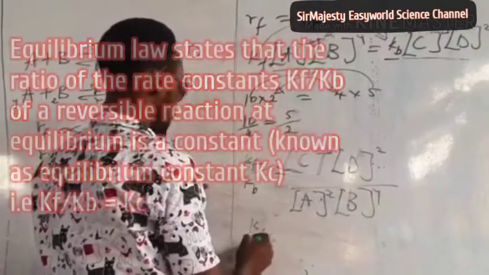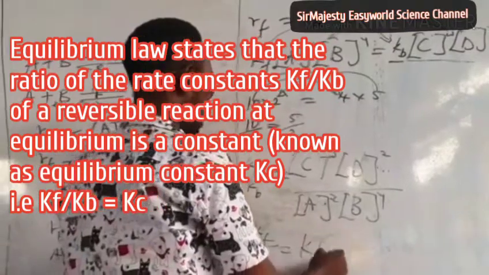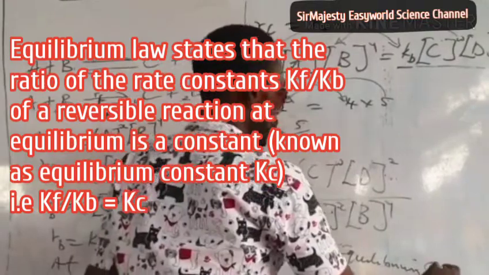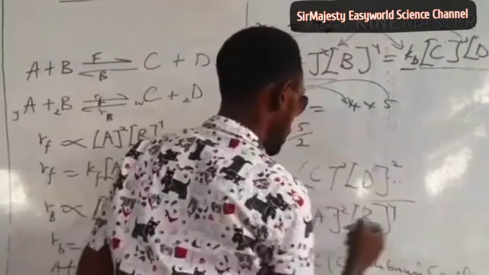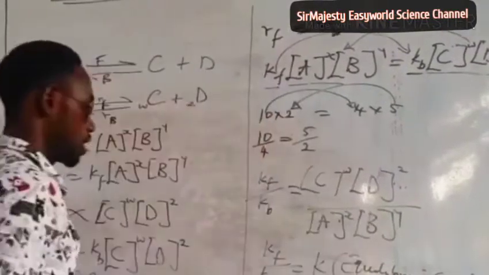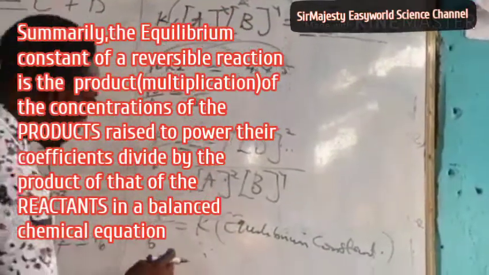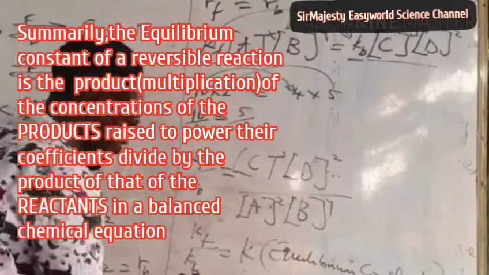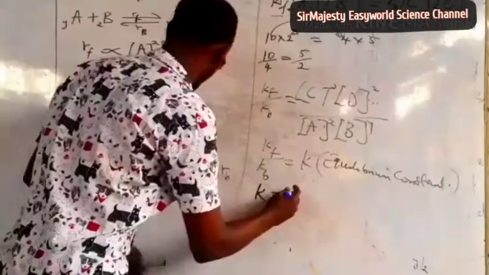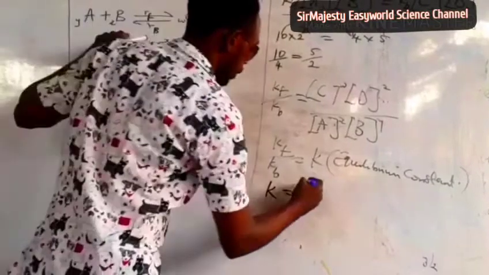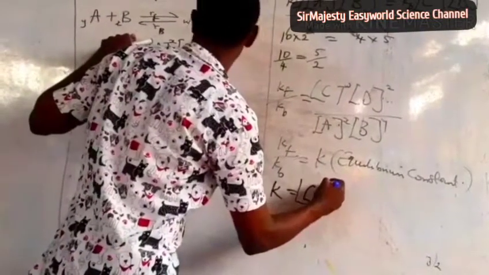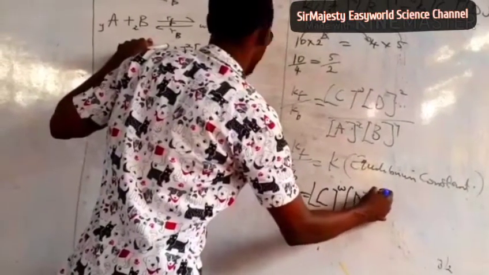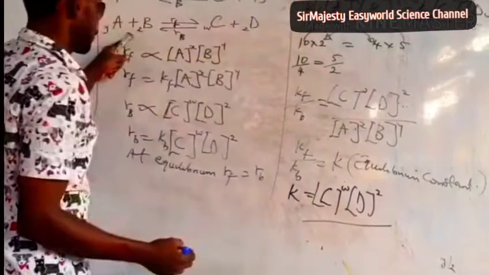Then KF over KB is what we call K, standing for equilibrium constant. So for a reversible reaction, the equilibrium constant is actually the product raised to power the coefficients all over the reactants raised to power the coefficient. Simple. So equilibrium constant for this reaction should be simply C raised to power the coefficient, which is W, multiplied by D raised to power the coefficient, which is Z, divided by the reactant here,